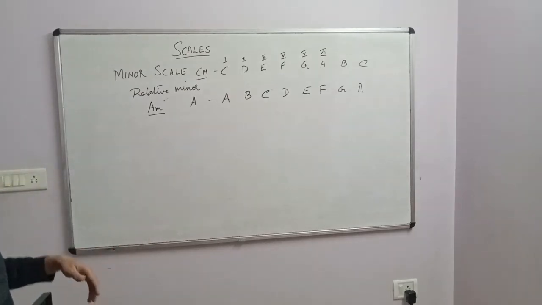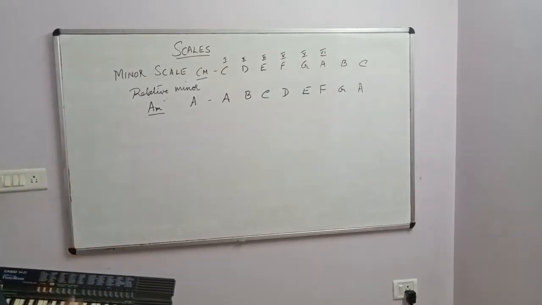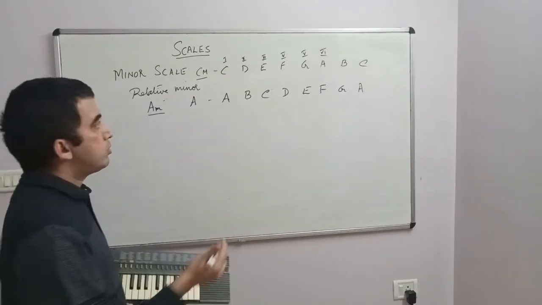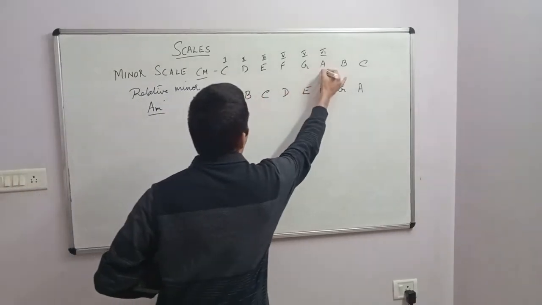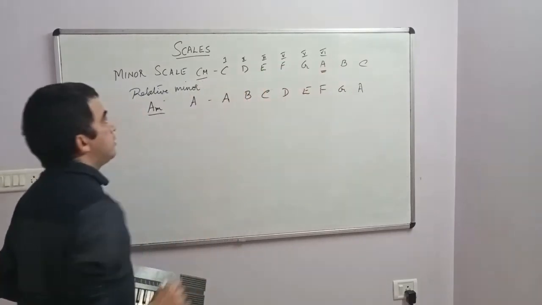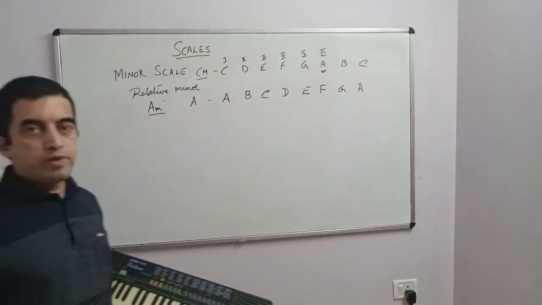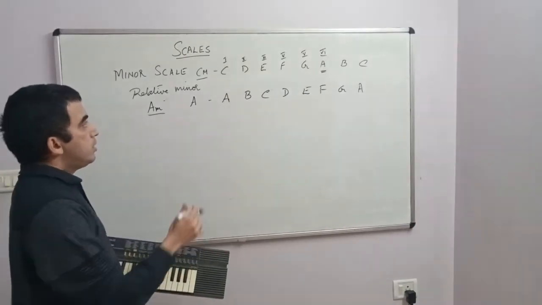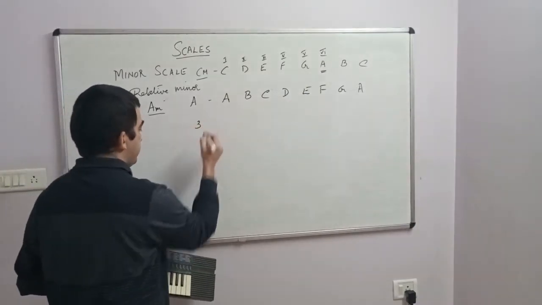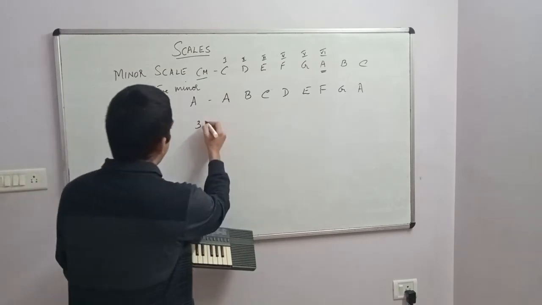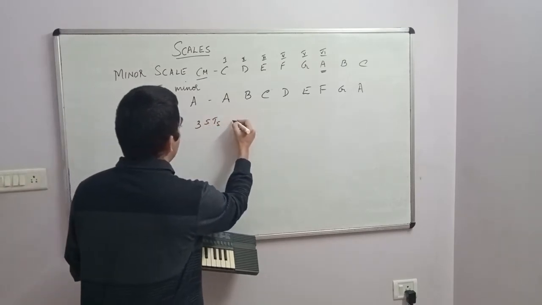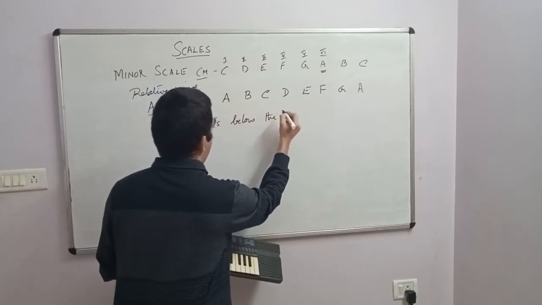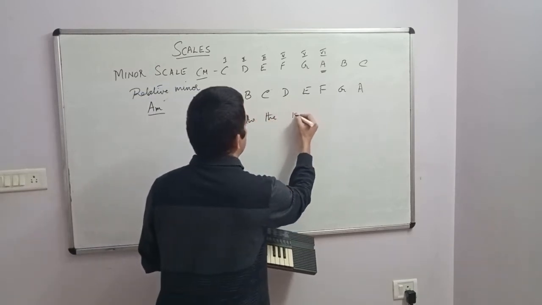Okay. So similarly we can go to the next major scale. So basically, how do you derive the minor scales now? You go to the sixth note of the major scale. A much simpler way to find out the relative minor is you go 3 semitones below the first note.